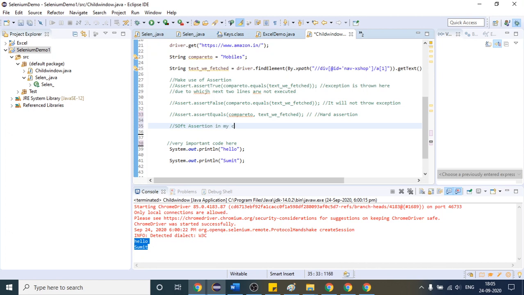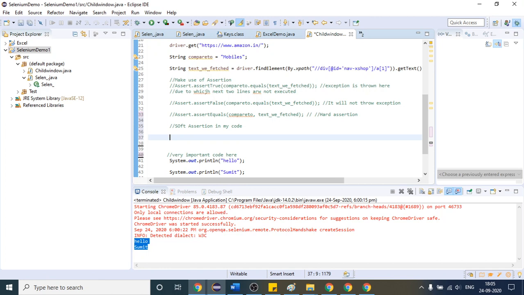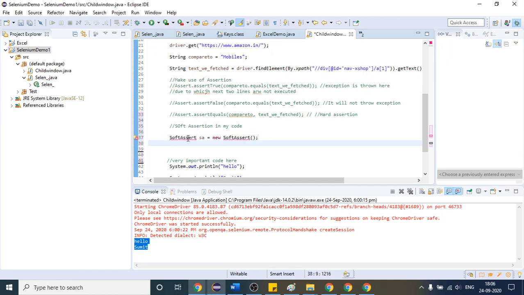Before we use any method of the soft assertion, there is one class which is called SoftAssert. Suppose this is my object, or you can say SA, equals new SoftAssert. I am simply making the object of this class which is provided by Selenium. Just import the package as well. This is the package.